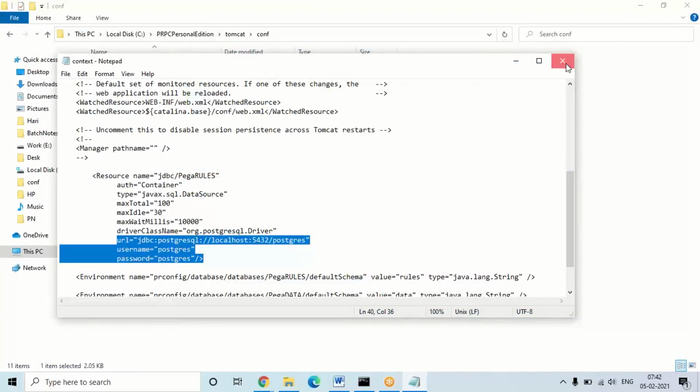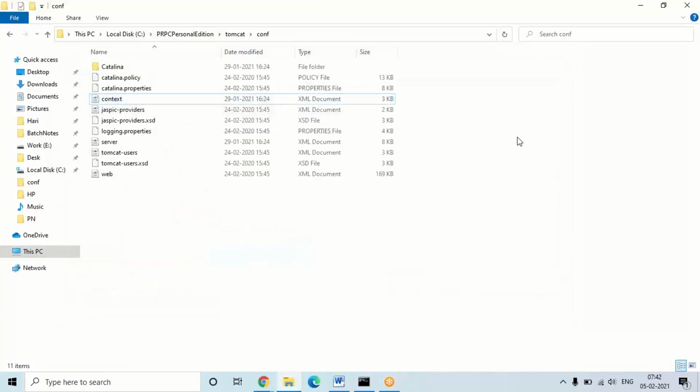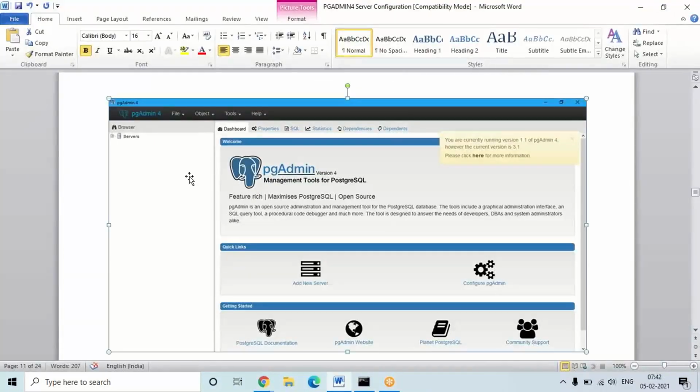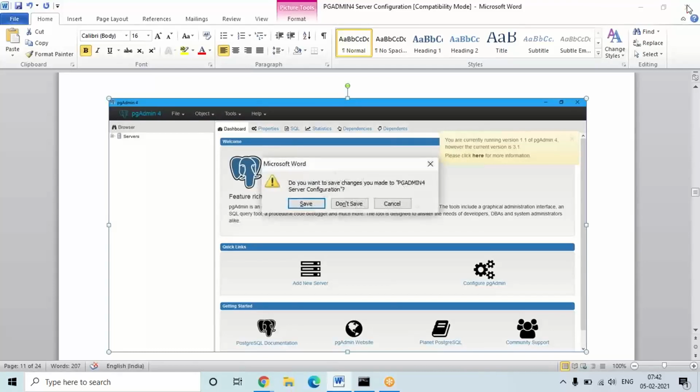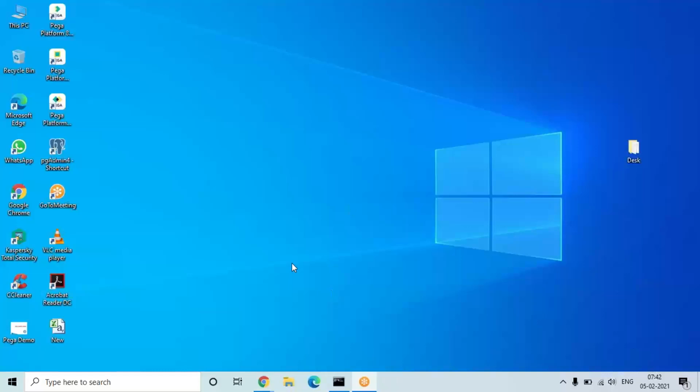I'll be sharing the setup. Once I share, you can try this installation in your systems. Maybe it will take a maximum of 1 hour once you do this configuration. After starting, within 1 hour you can complete this setup. Mostly you don't get any errors. So just check the system configuration and do it properly, and it will complete easily.